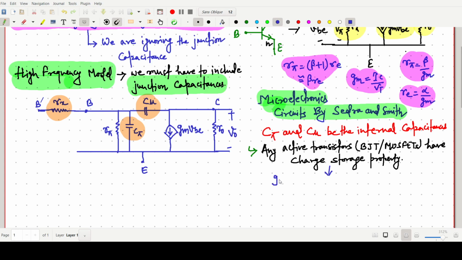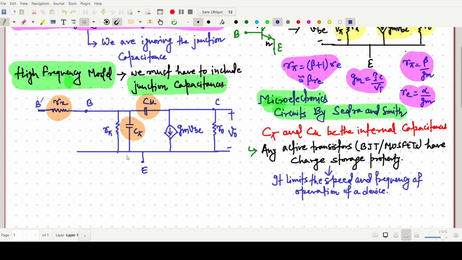it limits the speed and frequency of operation of a device. Okay, that thing we have to know. C pi and C mu are the two internal capacitances between